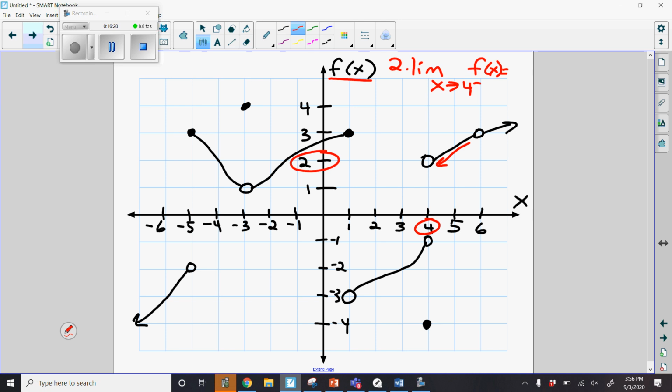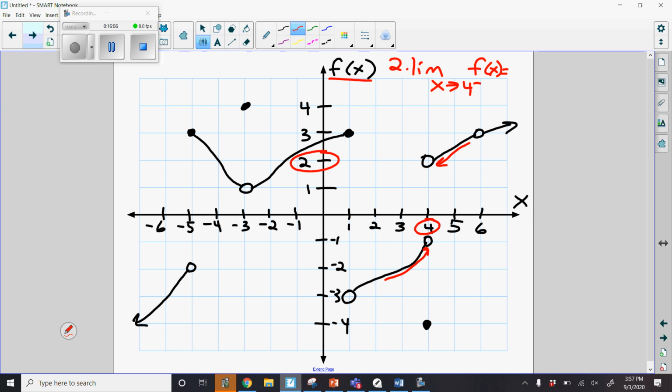Well, the next question says, right, when you read that, how does that notation translate to words in your head? Okay, well, it may have been review, but if it wasn't, just from the last slide, this would read, the limit as x approaches 4 from the left side. This is a left-hand limit. I'm still approaching an x value of 4, but now I'm approaching 4 from the left side of the graph. So I look at 4, I move a little bit to the left, and as I approach 4 from the left,